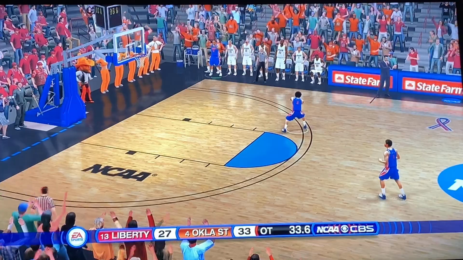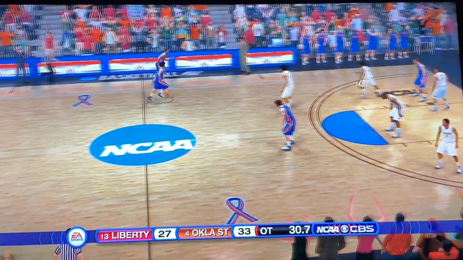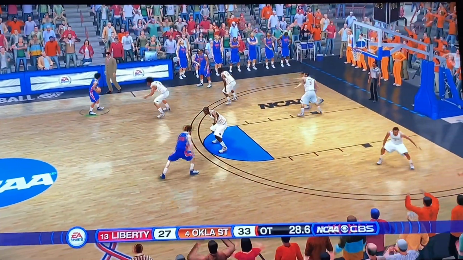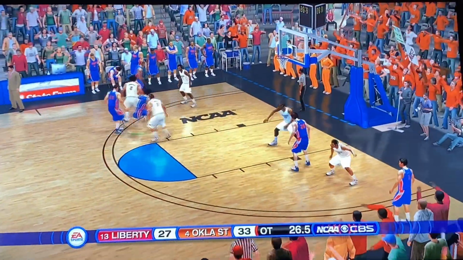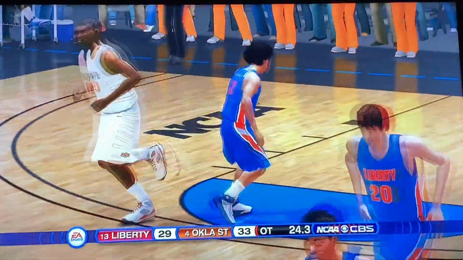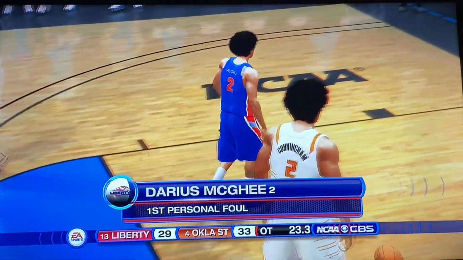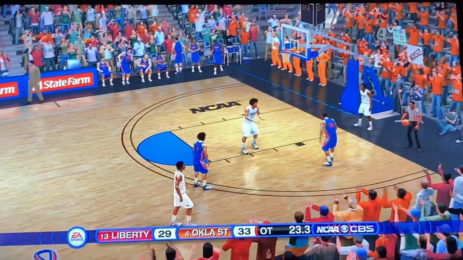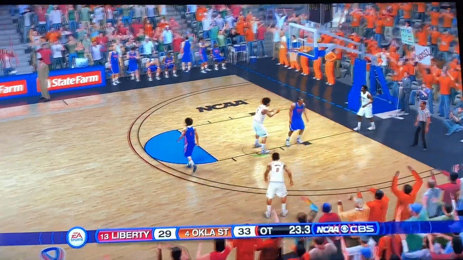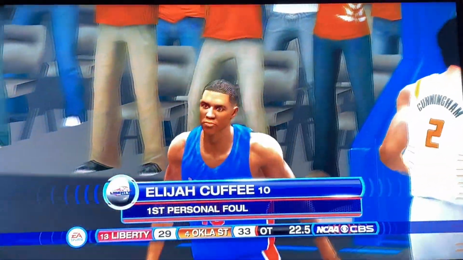Here we go. 34 seconds left. Let's see if Liberty was able to pull a rabbit out of their hat coming out of the timeout. They need a 3-point basket here. Well, I mean, they got the 2, so I guess it's just going to be playing the foul game from this point on. But, man, if McGee fouls out, that could spell trouble for Liberty's chances of coming back. Oklahoma State, though, has been missing free throws all game.